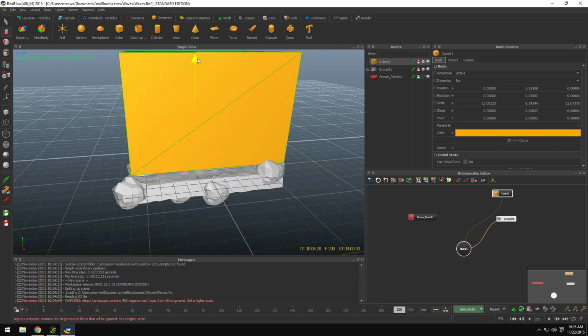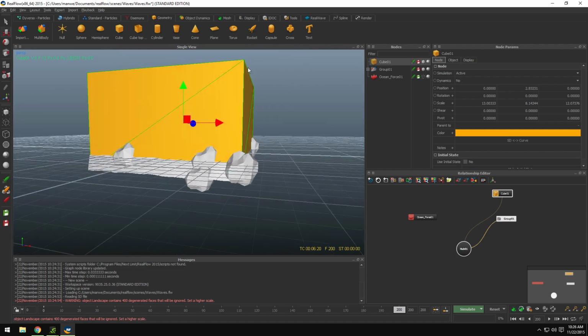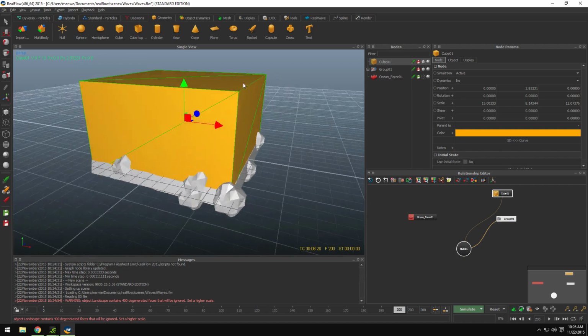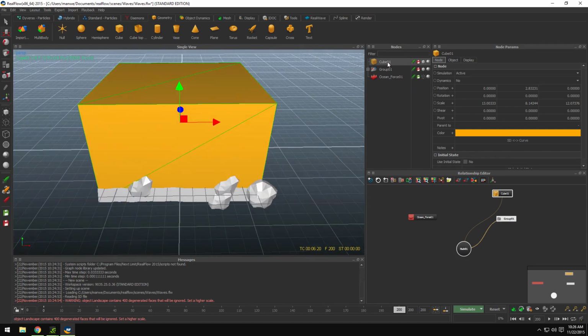So something like this should be fine. And I will name this container,